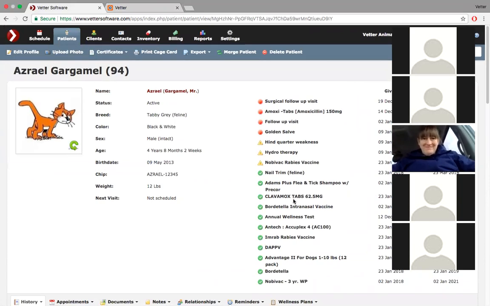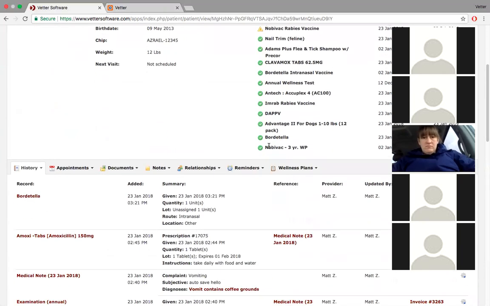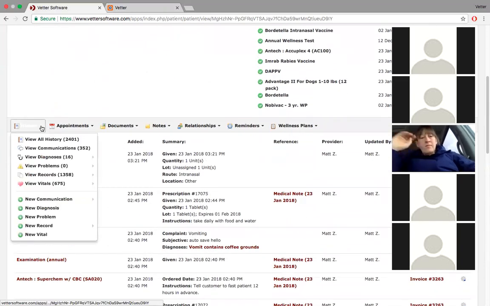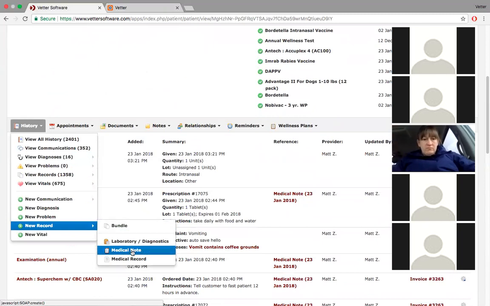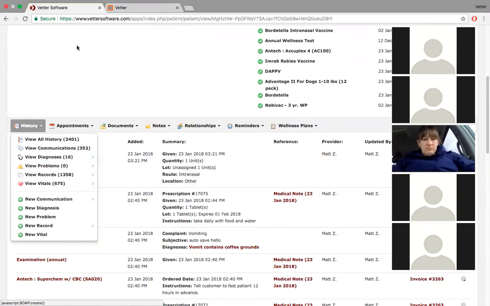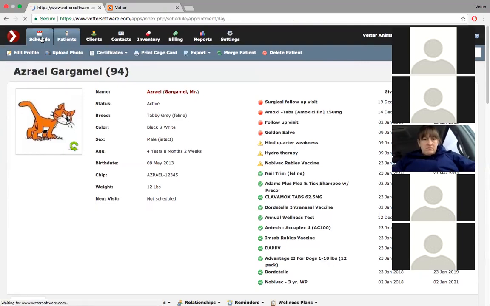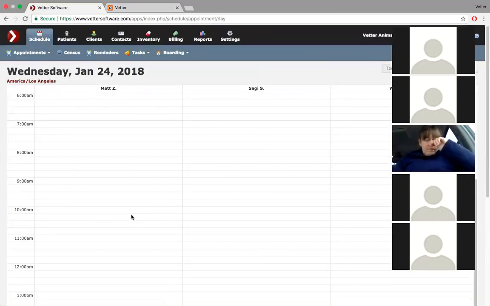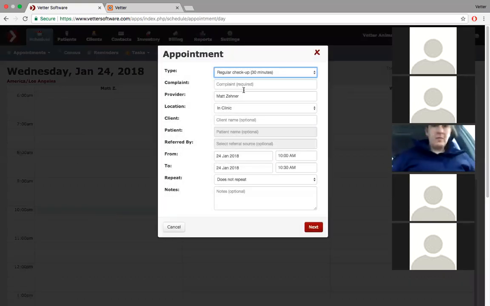Sorry about that. Now, there are multiple ways in which we can create a medical note, right? People add medical notes either at time of check-in or they add them independently to the patient. Now, whatever method works best for you, it's okay. So, I can come to the patient screen here, and I can hit New Record, Medical Note, right? Or I can go to the schedule and to the time of check-in. And if I make a quick sample appointment here,